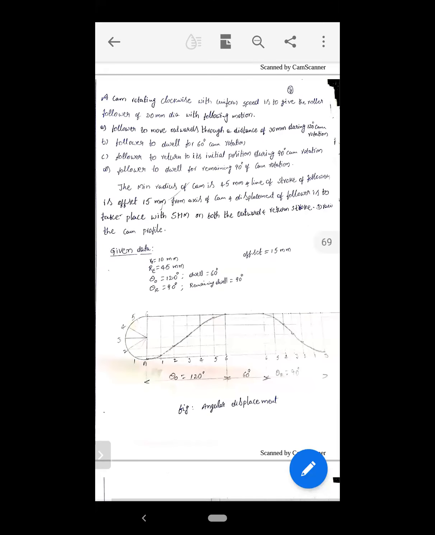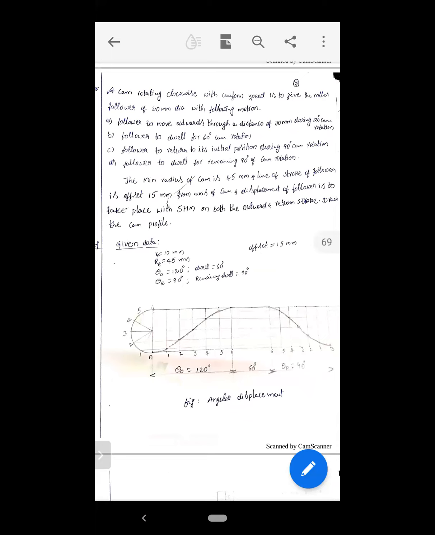Good morning, dear students. Today we are going to discuss the problem regarding simple harmonic motion. All of you observe the problem, and read it carefully. The problem: